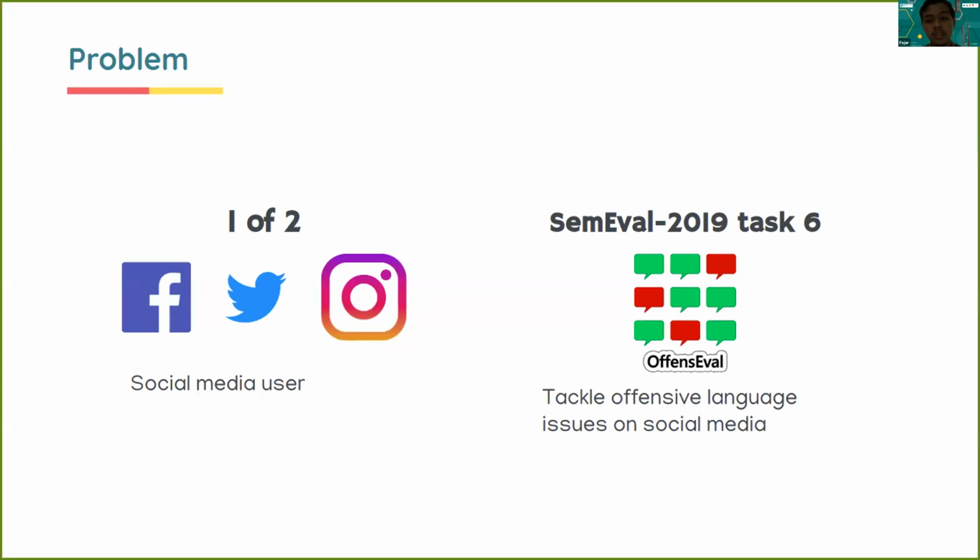We started with the problem. Today we know that social media is a necessity for everyone in the world, and the number of social media users is increasing year by year. Now one of two people in the world is a social media user. But as the number of users increases,